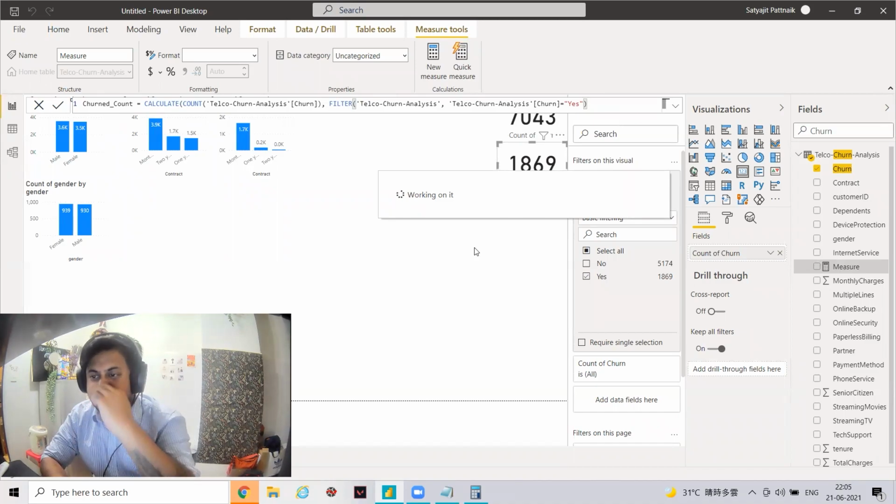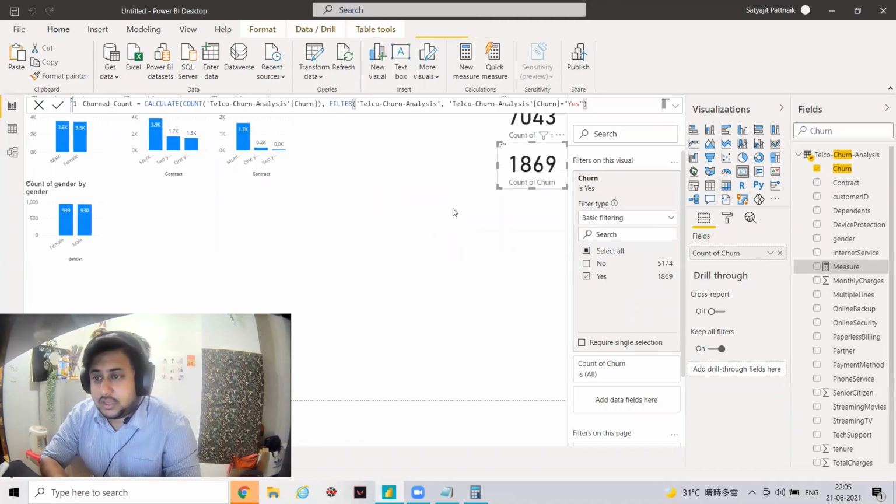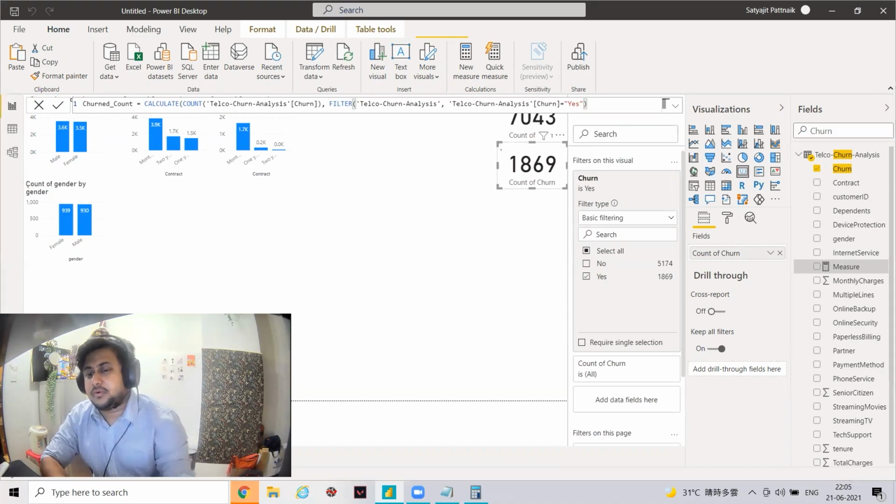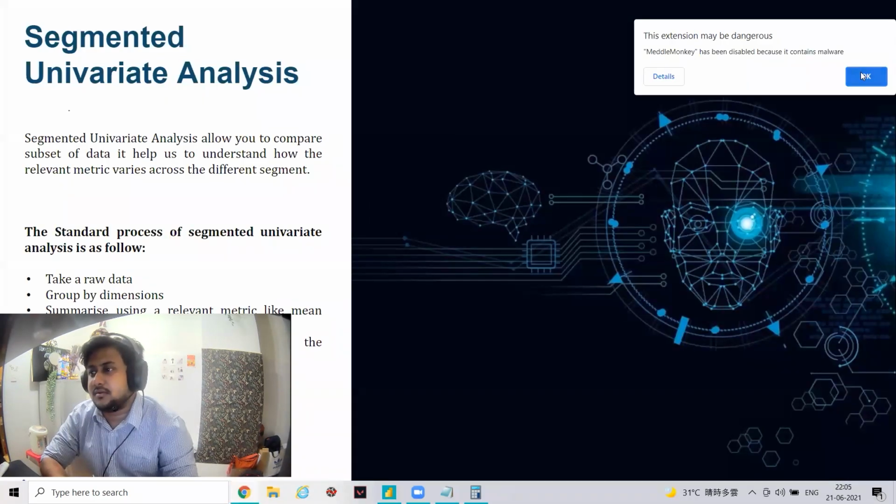So when it comes to EDA in Power BI, it takes a lot of time. It depends upon your system configurations. At least for me, my system is bit slowing down because of some issues, but it's okay.